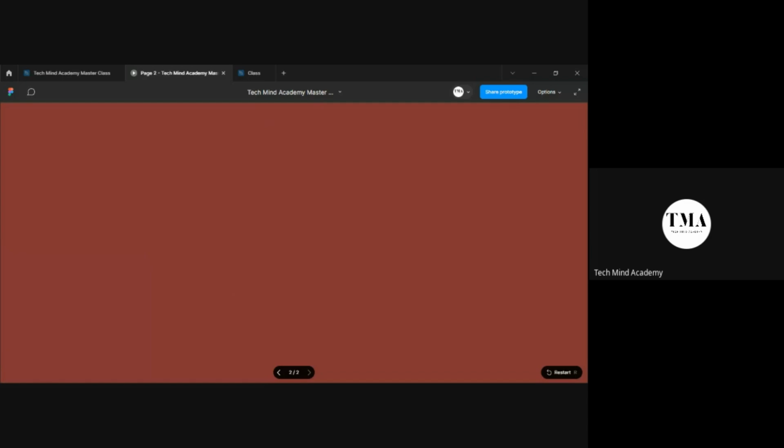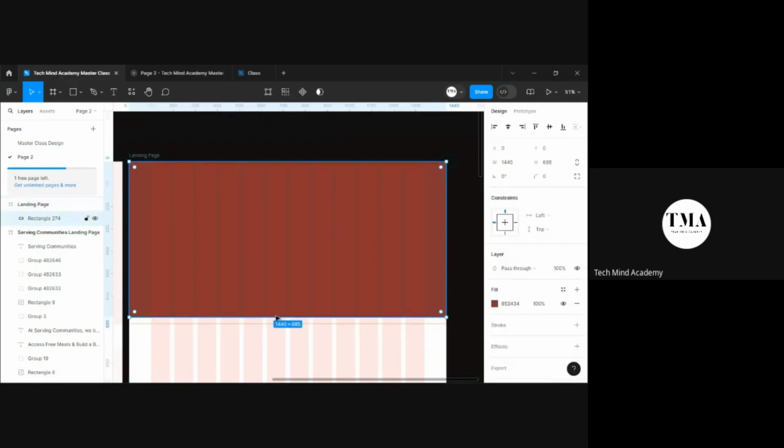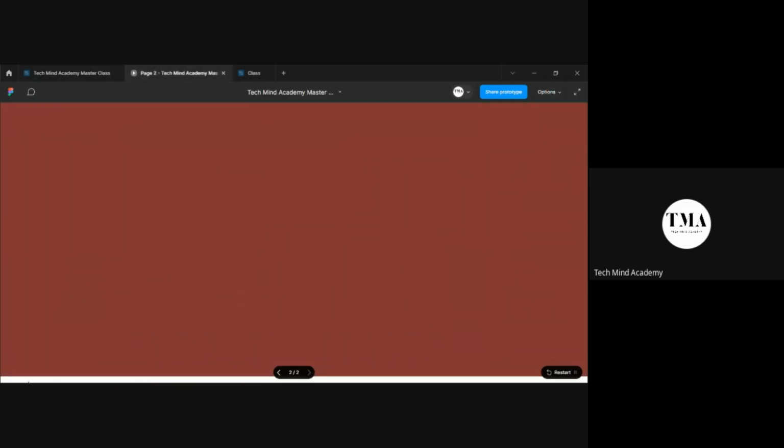Now you can see that our rectangle is way down. We want to give a space so that we can know where our hero section should end. Now how you do that is by adjusting a bit. Just keep adjusting the downside. If you adjust small, you come back and check. You can see that as adjusted small, we've left a white space. It means that from this place,